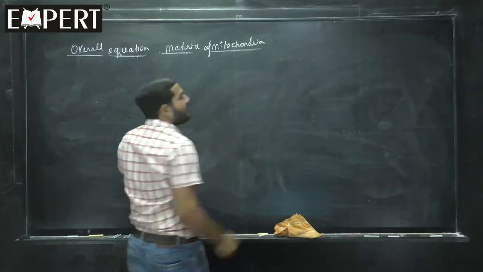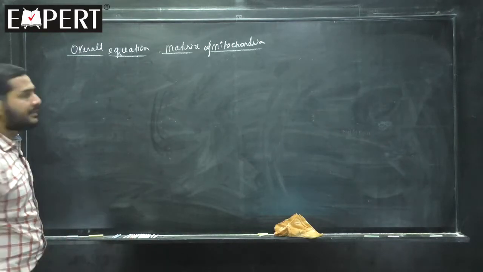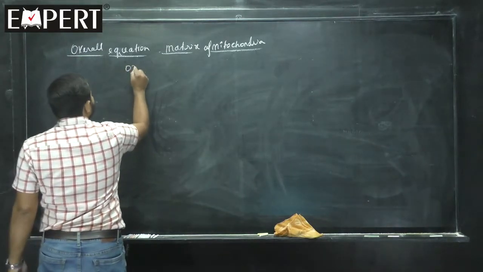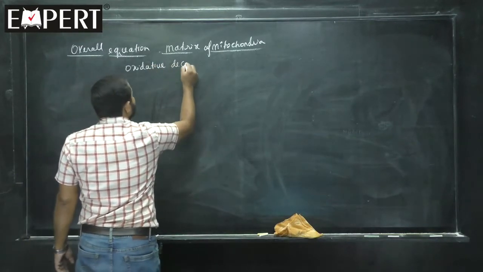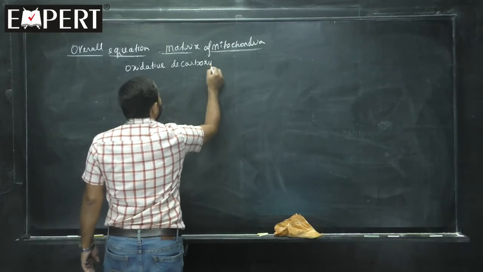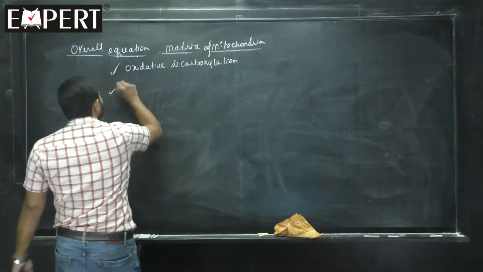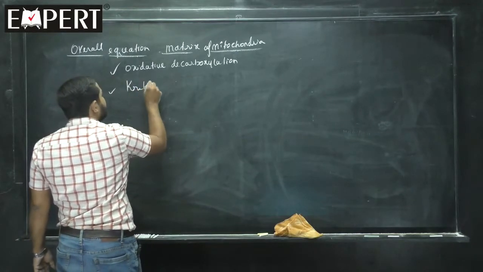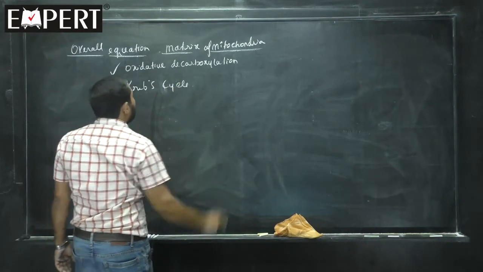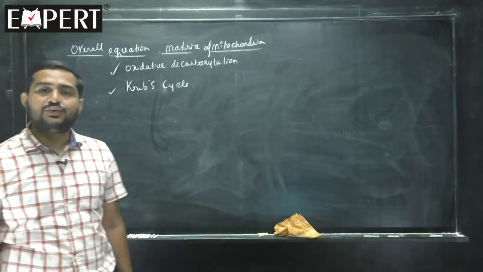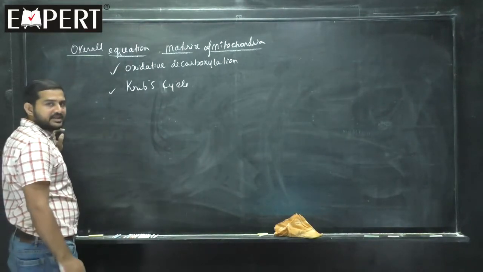I am writing here now the overall equation happening in the matrix of mitochondria. That means it includes oxidative decarboxylation and even the Krebs cycle. Oxidative decarboxylation and Krebs cycle together I am discussing now. Let us begin that. See students here,